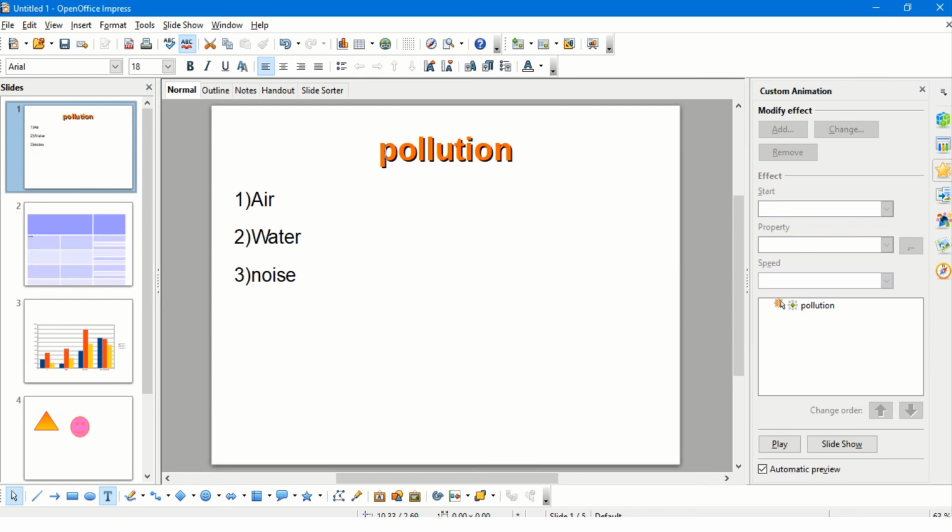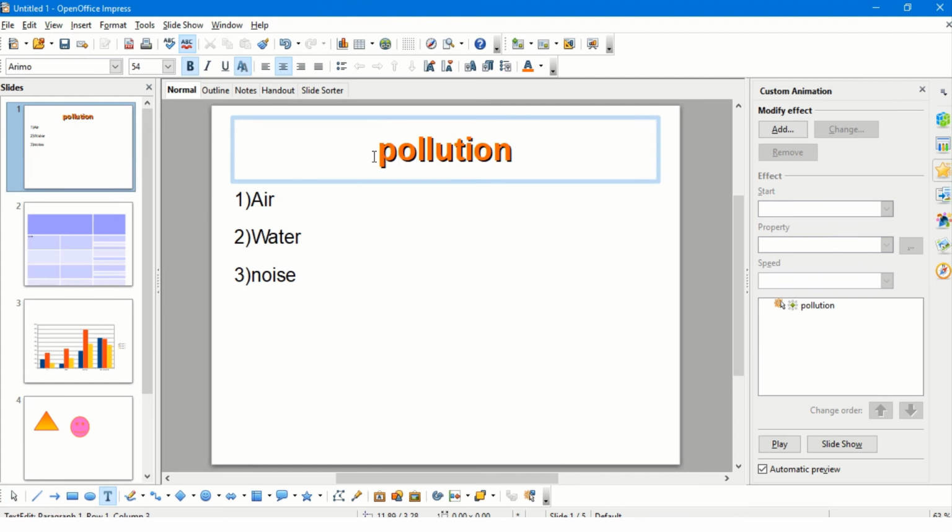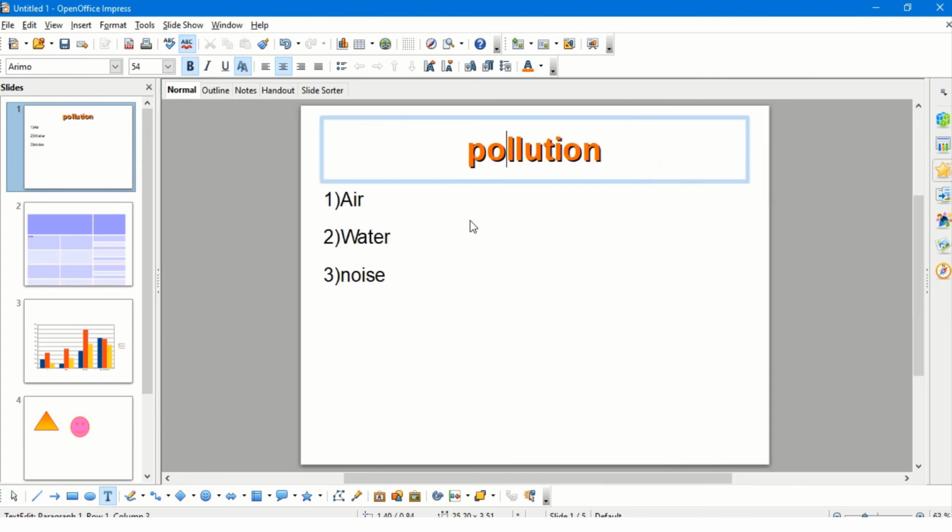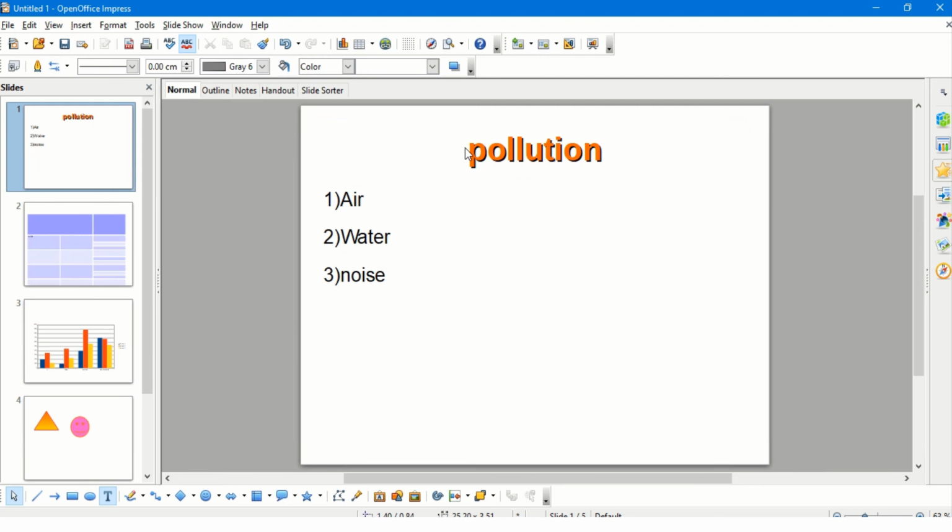Whereas transition refers to how one slide after the other appears during a presentation, the effect with which one slide after the other appears. So that is the difference between transition and animation. So let us see how to animate a slide. If I want to use the animation on a particular object inside a slide, I have to first select